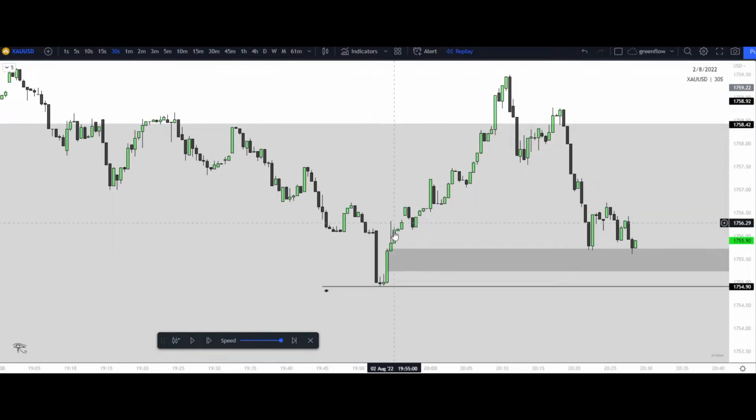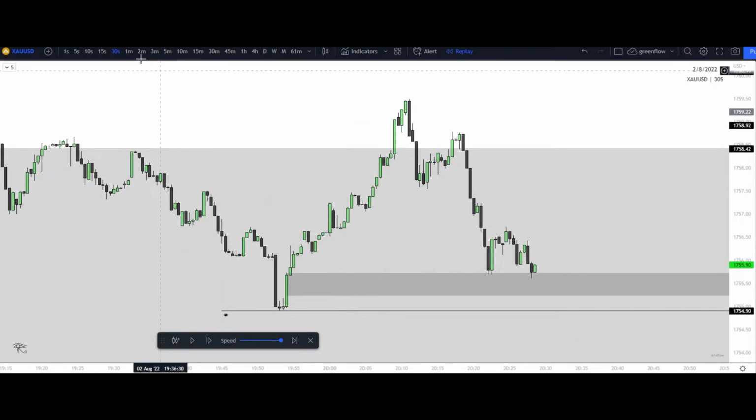going on a 30-second chart, we can see that this was our most recent supply, that liquidation raid to the downside. A break of structure to the upside occurred after that. The candle before that candle was found right here, as well as we have an imbalance. So that tells me everything that I want to see when price comes into these areas after that impulsive move to the upside, as well as liquidity that was raided to the downside as we are coming into these areas.